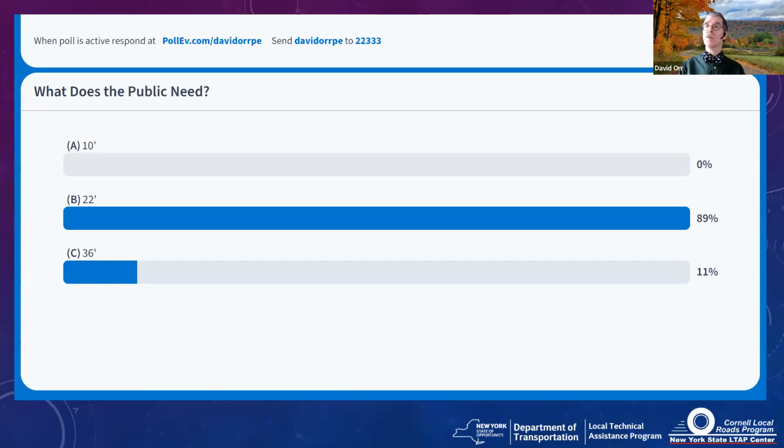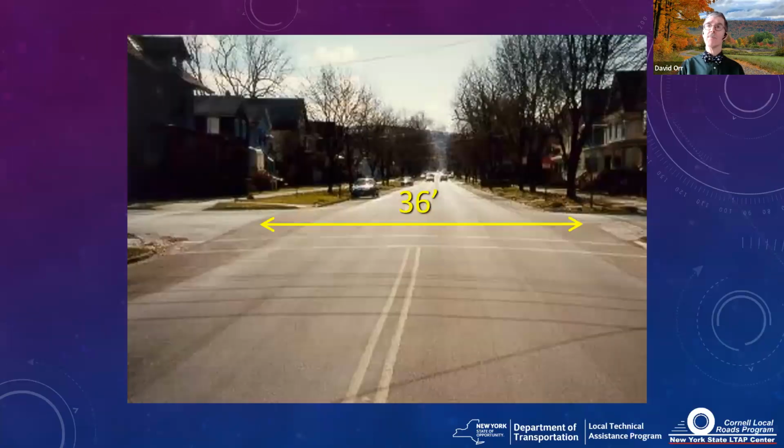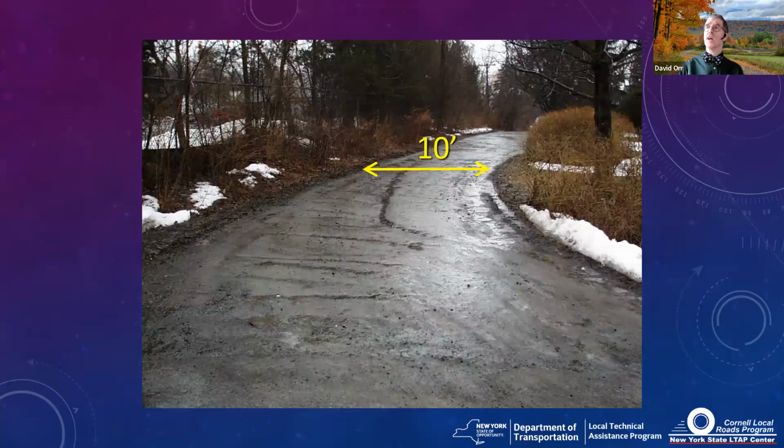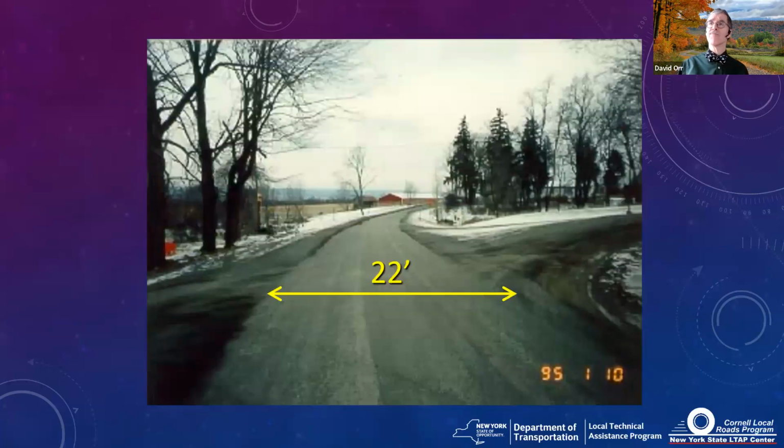So if we look back at those 3 roadways, when my computer wakes up, there we go. That 10-foot roadway is serving 3.5 houses, I say 3.5 because one's on a corner and has a driveway off the road that it intersects. It doesn't need to be that wide. As long as there's enough room for people to pass now and then, and have access for safety equipment, fire equipment, things like that,